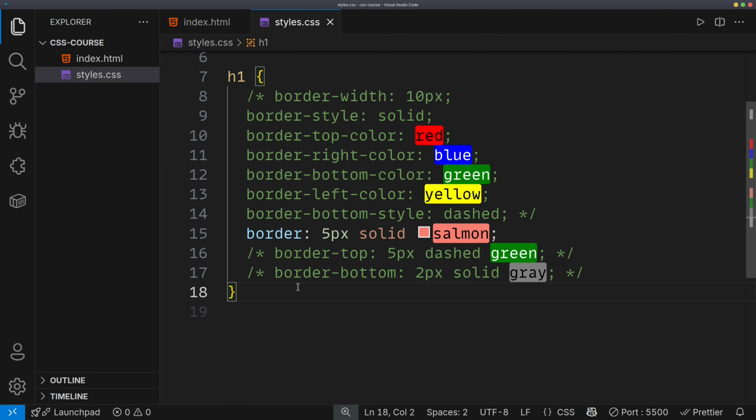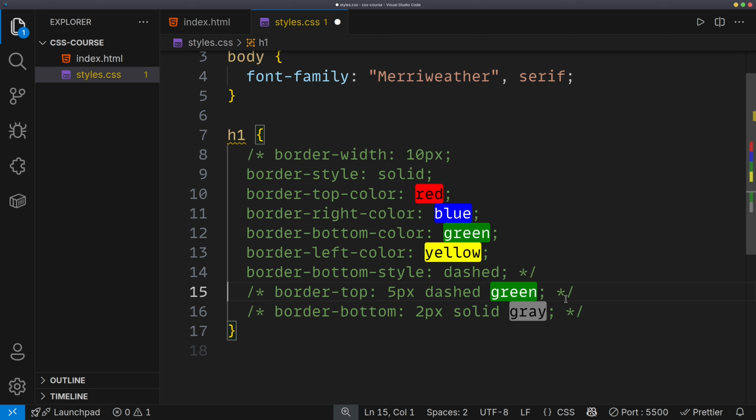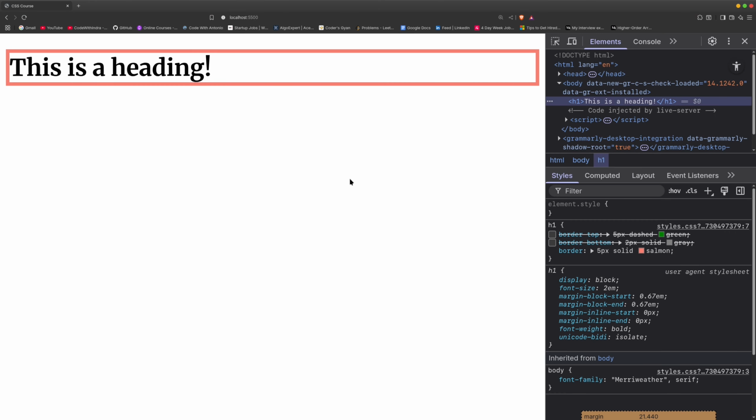Hey there. So in this video, we will learn about the height and the width properties and how we can use them to set the height and the width of the box, basically the content box in CSS. So let's get started. First of all, what we have is this. I will just cut that and paste it down below. Nothing will change. Now, if I just go to the browser,